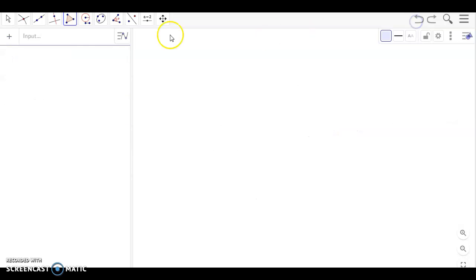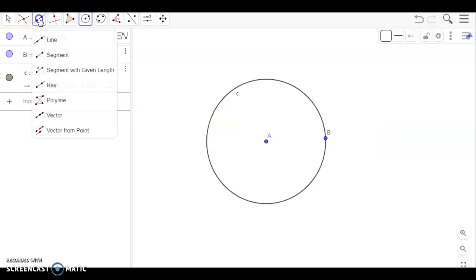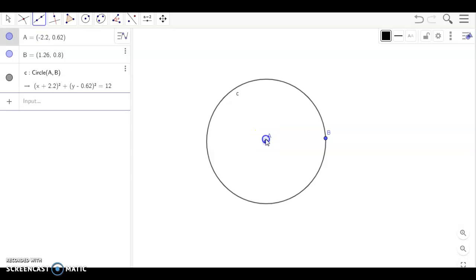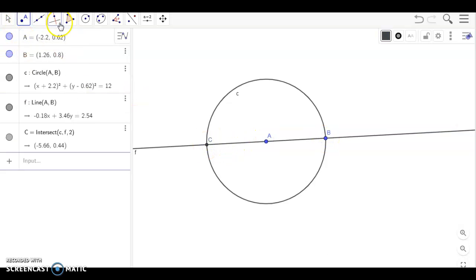Let me show you. Start with the circle. We're going to inscribe an equilateral triangle in the circle. We will need a diameter. We're going to use the line tool, and we got a diameter. Now I'm going to use the compass tool,